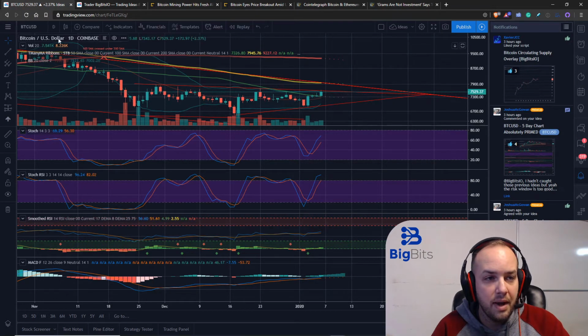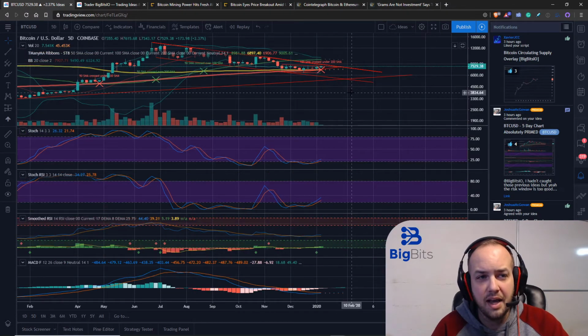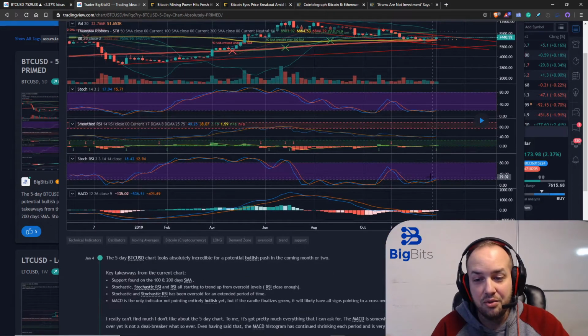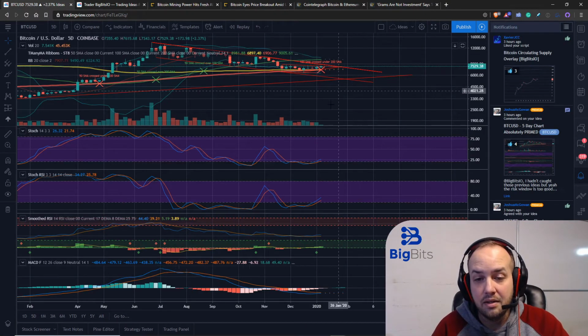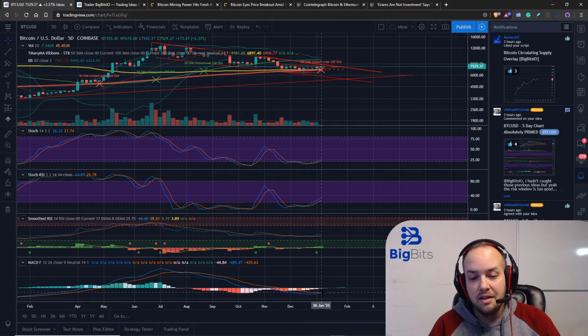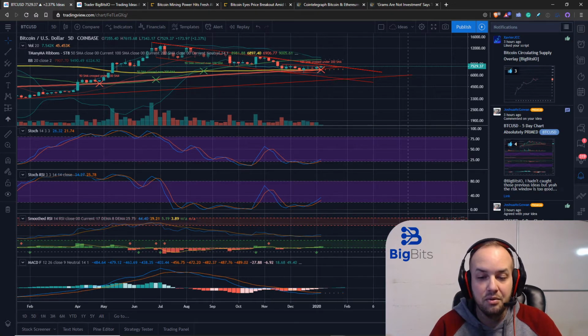Let's zoom out to that 5-day chart I was talking about earlier. And this one looks absolutely amazing. I posted it's absolutely primed, and that's true just because everything looks like it's going to go the right way. And that doesn't mean it is, but the stochastic is moving up. The stochastic RSI is moving up. The smooth RSI has a trend change moving up. The MACD is looking very much like it's going to cross over, and it's even forecasted to,